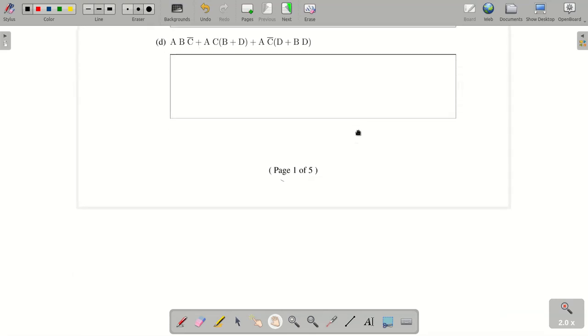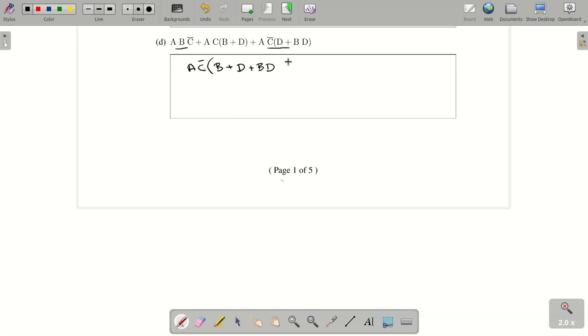Okay, and the final part, D, for question number 1, is we have AB, C bar, AC, B OR D, ACD plus BD. So how shall we approach this? And looking at this, it seems you can take, right, well, let's start off with taking this term and this term together, right? So if we take those two together, we have A, C bar, right? And B left over, A, C bar, and D,